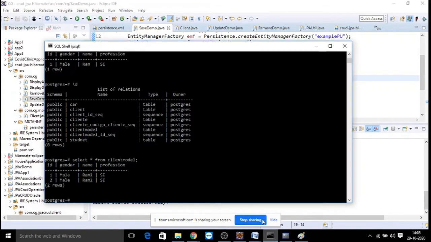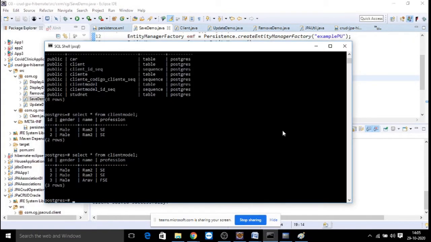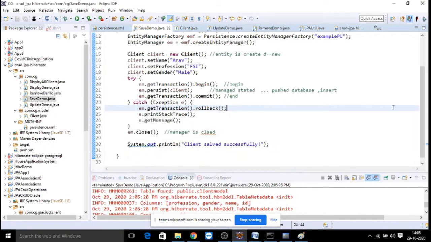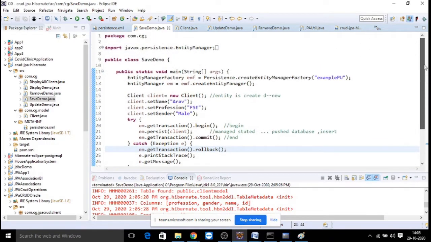Now if you go here and check the same table, you have one more record added. Now this is the insertion logic. Wherever in your case studies you need to insert into the tables, you have to make use of this logic. Don't worry, I'll give one more example on associations. So first all of you practice with this, be comfortable with database operations, then proceed with your repository logic.